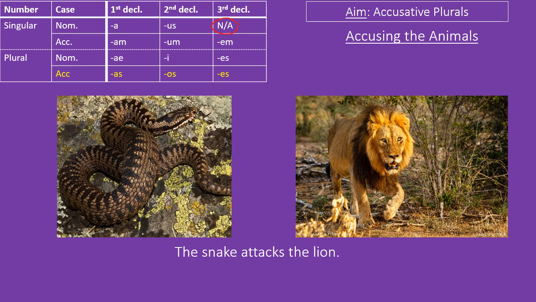If it's accusative singular, it's going to be Leonem. Now you might say, where did that N come in from? Well, third declension, as I say, is a little bit weird, and quite often the stem of the word, where you stick the ending on, will change between the nominative and the accusative. Do not worry, you are not expected to learn that off by heart. But that is why